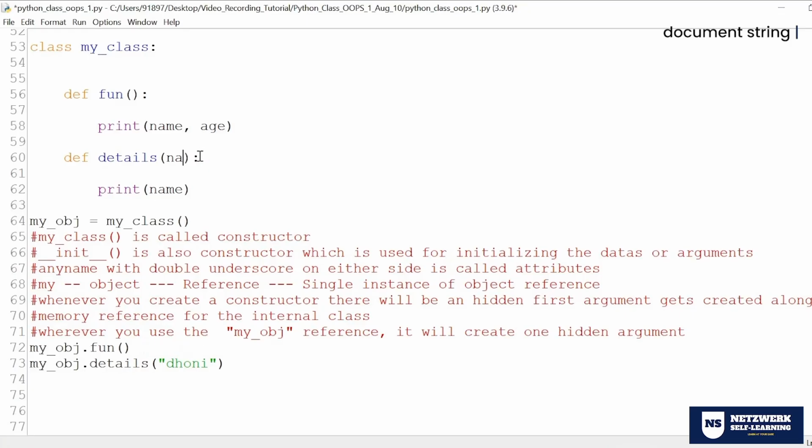I'm not going to take data directly, so I have to avoid this as well. So that means I'm not going to pass directly. If I don't pass directly, print should not be as it is. That's it. Now I know that my function and my detail both need some argument to be passed inside.